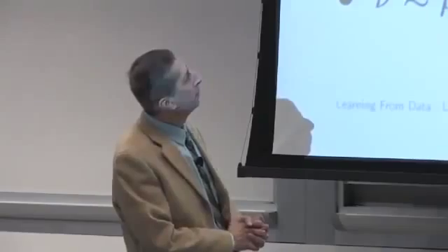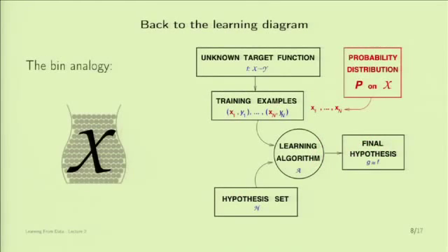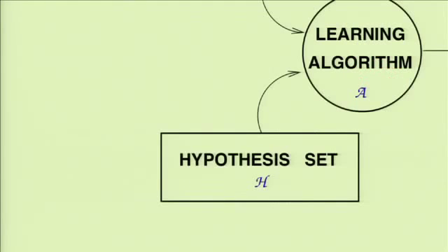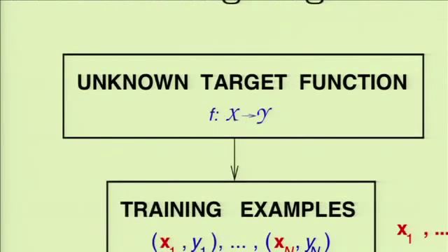Okay, another confusion is, can you resolve the relationship between the probability and the big H? So there are a bunch of components in the learning situation. It's a big diagram and it has lots of components. One big space or set is X, and another one is H. This is the hypothesis set H, it's a set. And also, the target function is defined from X to Y, and in this case, X